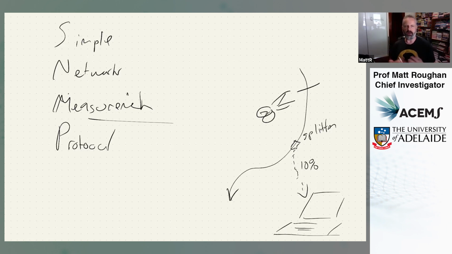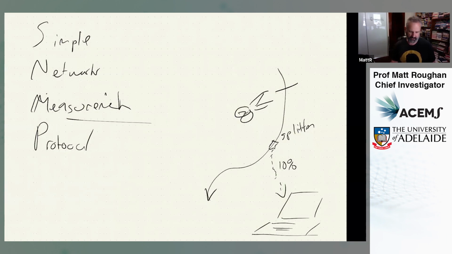SNMP is a horrible, horrible data source. The thing that's most pertinent for me, though, is all it does is count, and it tells you nothing about what's in the traffic or where it's going. So let me tell you about a traffic matrix.